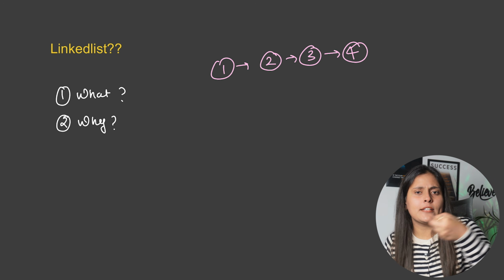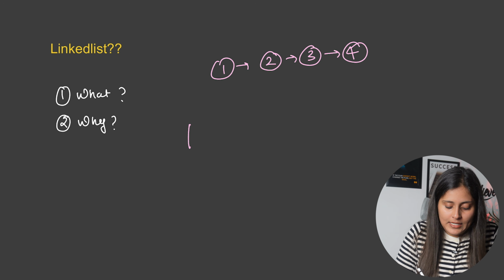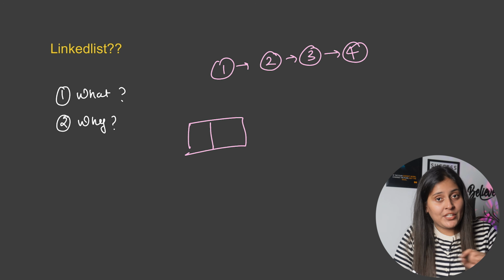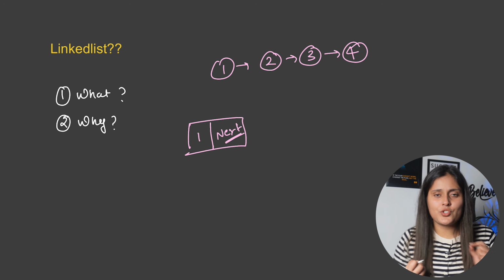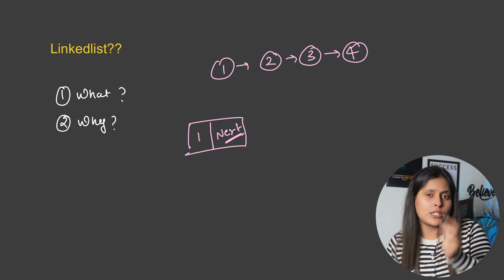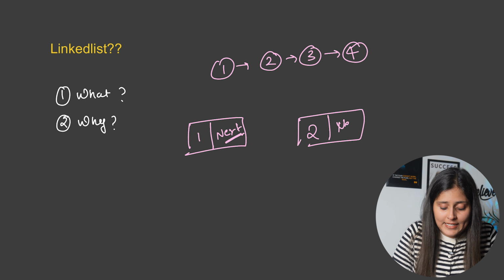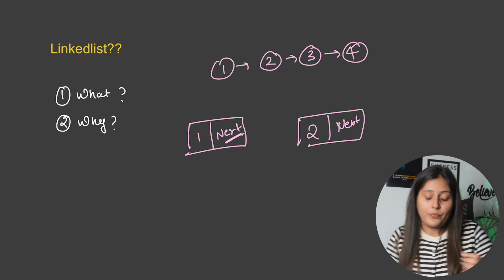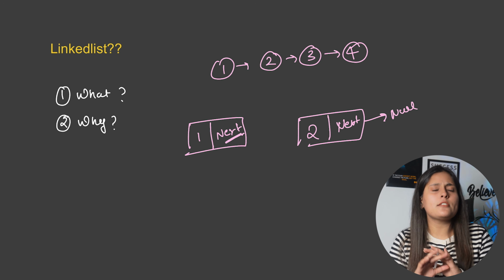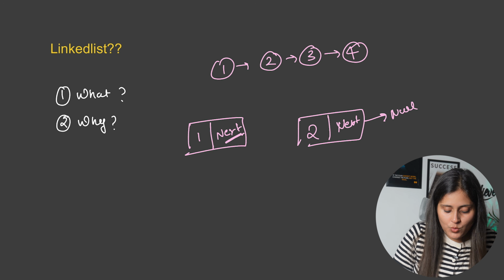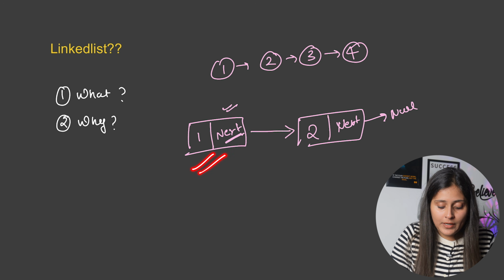Every node will be connected to its next node. Means you know the structure of linked list. Linked list will have a node value, suppose 1, and next pointer, and this will actually be indicating the memory allocation for the second node or next node. This is another node and it is also storing the next memory allocation for another node. If there is no such connection, then this next will point to null, saying there is no further node connected to it, and this one will have stored the memory address for the second node. So this structure is nothing but this linked list.